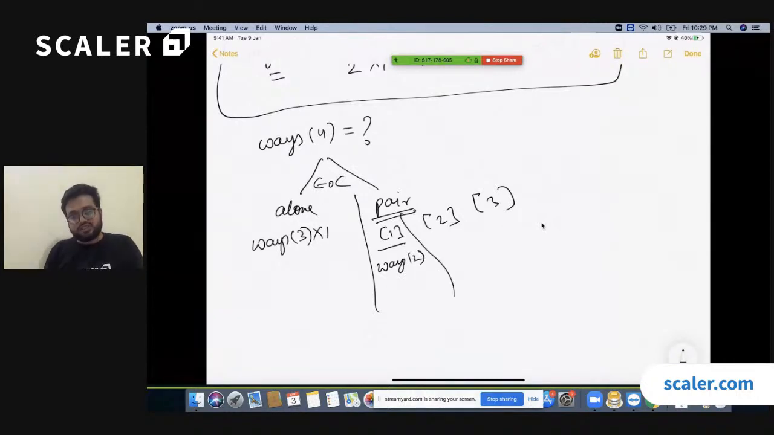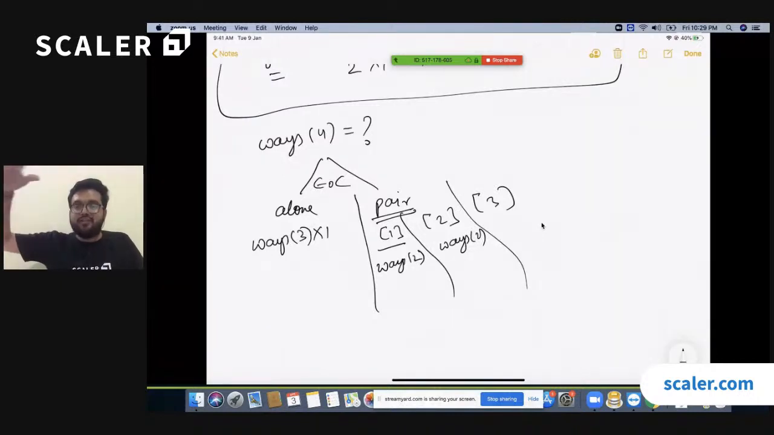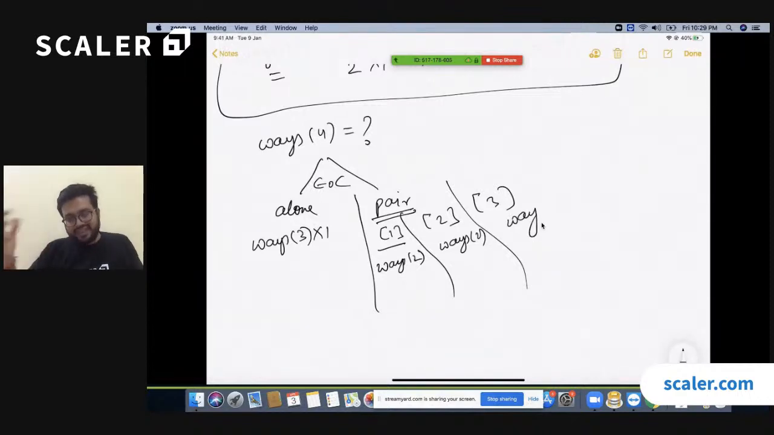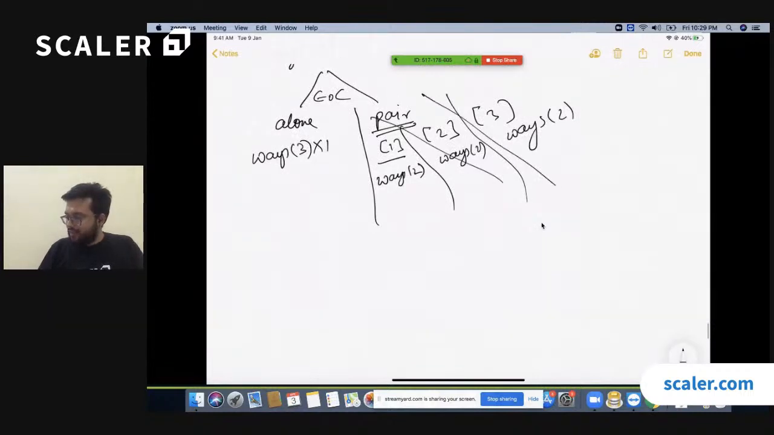What if he pairs up with the second person? Again, there are two ways, because two persons in the party are remaining. We can let them enjoy in two ways. If he partners up with the third, again ways 2. So what is essentially happening? You are multiplying ways 2 with nothing but 3, because there are 3 people in the party apart from the